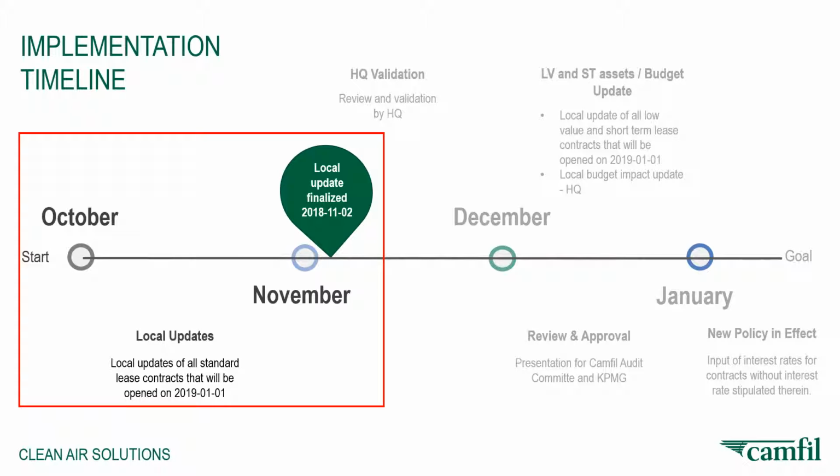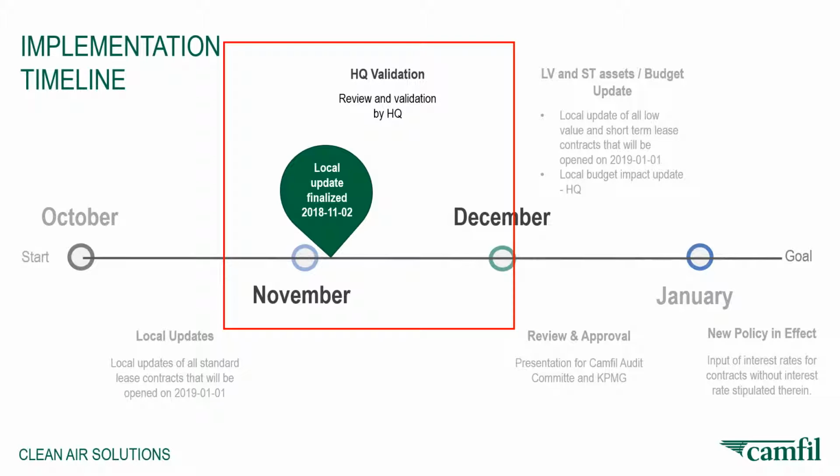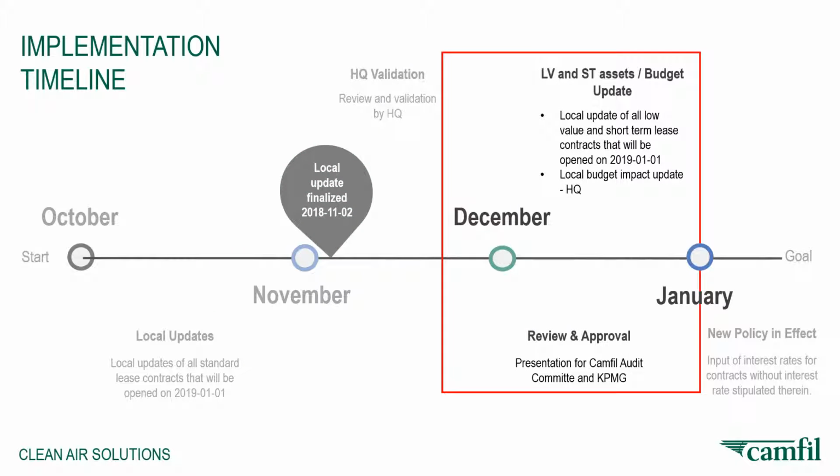Starting in October and into November, local updates of all standard lease contracts dated for a January 1st, 2019 opening will be performed. You will submit to your headquarters on November 2nd, with the goal being to finalize this activity by or before December. In December, the updated contracts will be submitted to the Camfil Audit Committee and KPMG for review and approval,